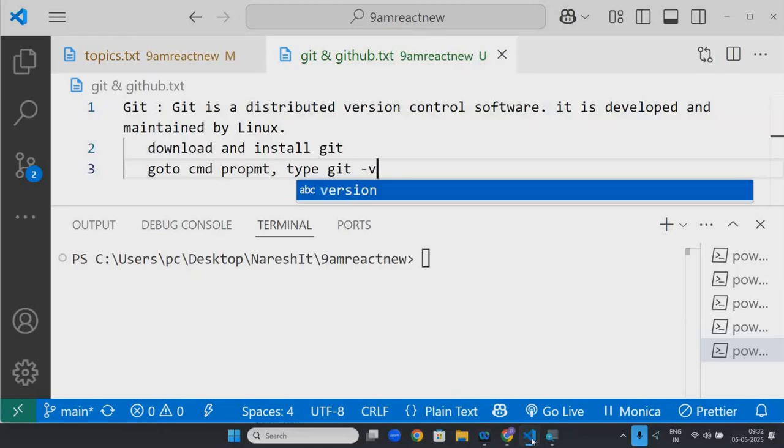Because if it is installed correctly, it will tell you.